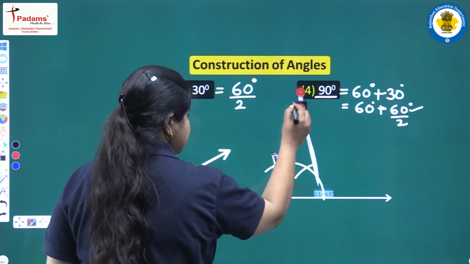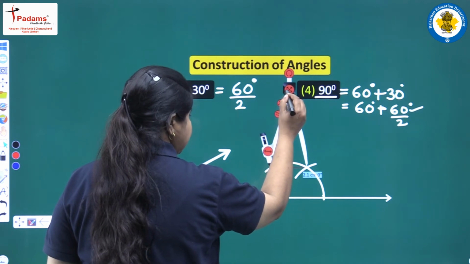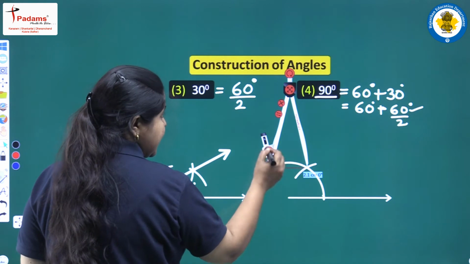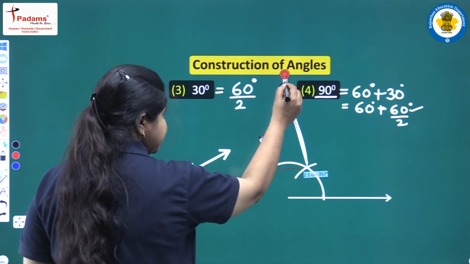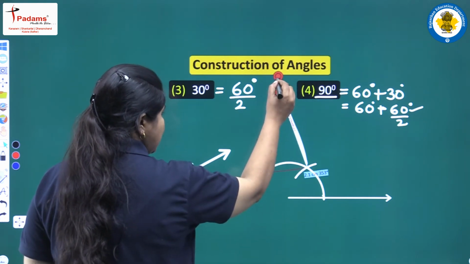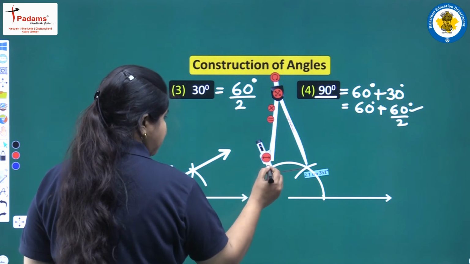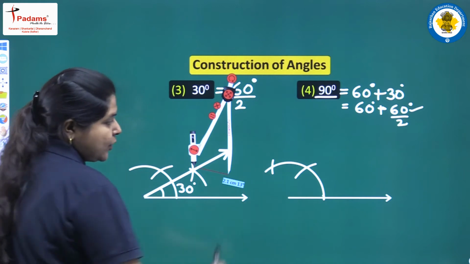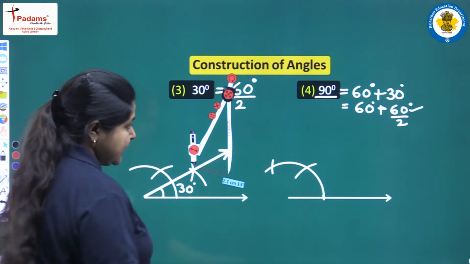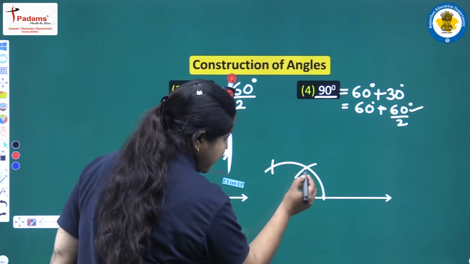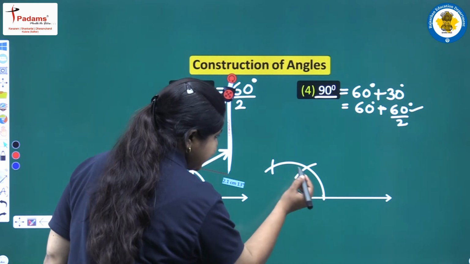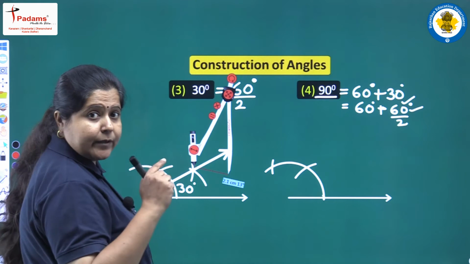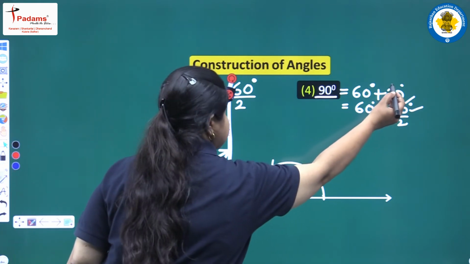That is, we need to draw an angle of 120 degree in fact, keeping the pointed end at this point, you can see. And remember not to change the radius. We will draw one more arc in this way. So here we get an angle of 120 degree. So this is the first 60 degree angle, this one, and this is the second one. We need to bisect this 60 degree angle, second one, and then we will get this 30 degree.